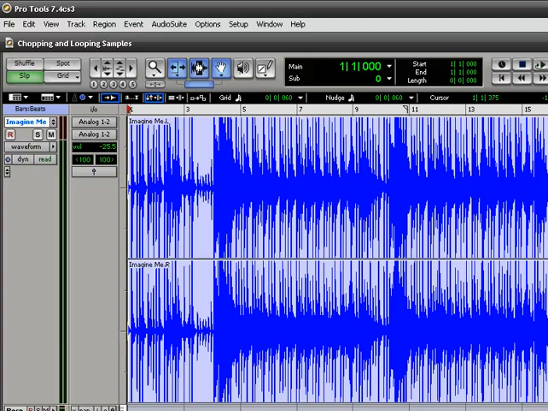Another thing you want to make sure when you're getting your samples, you want to make sure it's a good, clean sample. You don't want to have any distortion on it. If you're sampling from a turntable, it's going to have a lot of pops and clicks, and it may tend to be a little airy. So if you have some audio editing software like SoundForge or Adobe Audition, something that will clean it up, to take away the hiss and the pops, then go ahead and do that first before you actually start to work on your project. Get a good, clean sample.